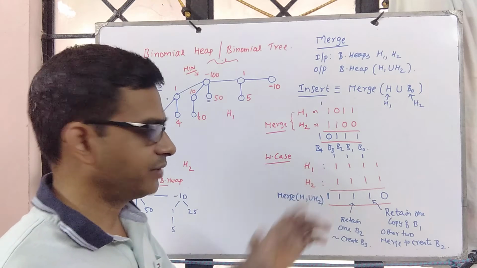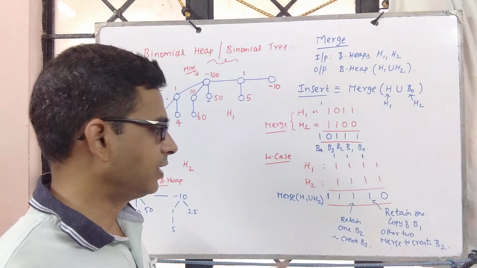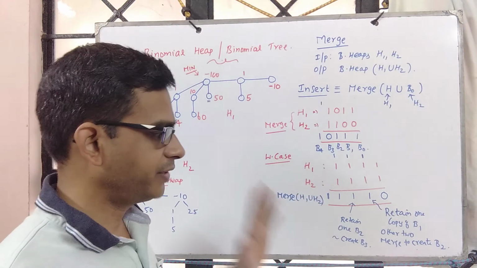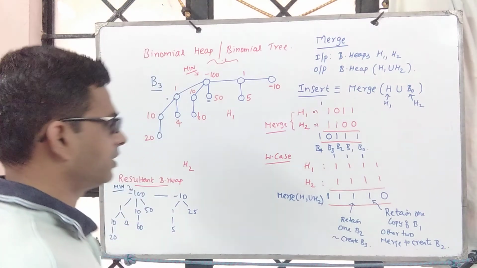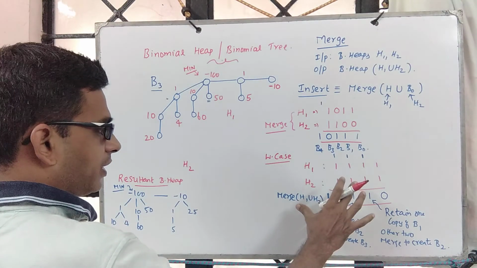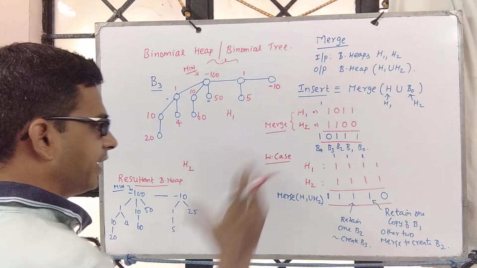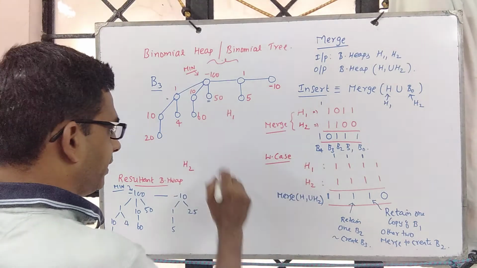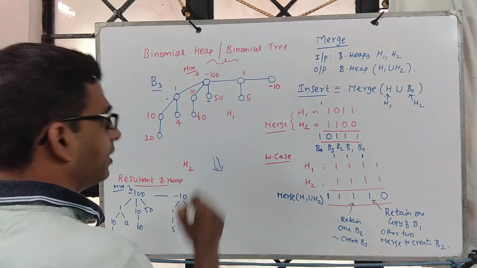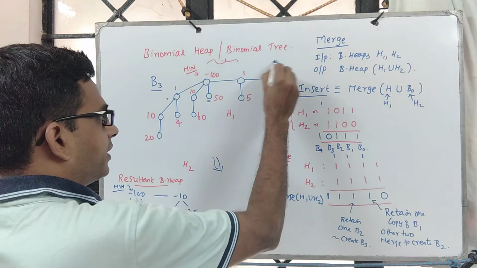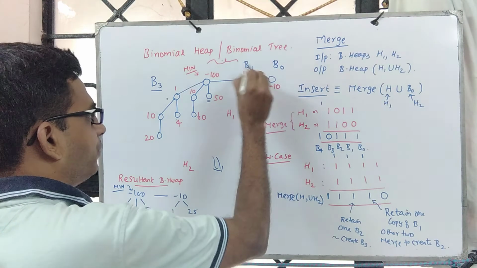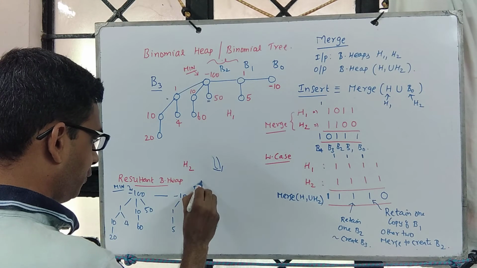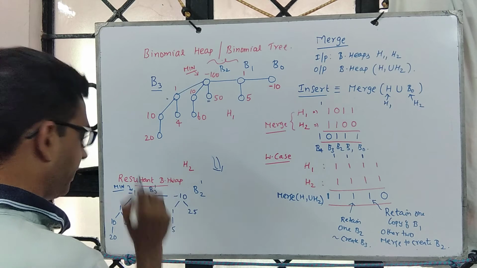So carry 1 is you are creating the next level structure, and if you already have such a structure, you merge them. If you do not have, you retain that as it is. That's all. So now similar procedure you can apply for any 2 cases. For example, this one, if you see, the resultant structure will have, let me say this one is B0, this one is B1, this one is B2, and this one is B2 prime, this one is B3 prime.